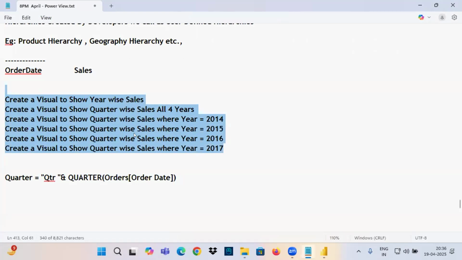Now I understand all quarter-wise sales for all 4 years separately, how they are doing. And we also understand quarter-wise sales for each year separately. So now I completely understand quarter level data. Next,